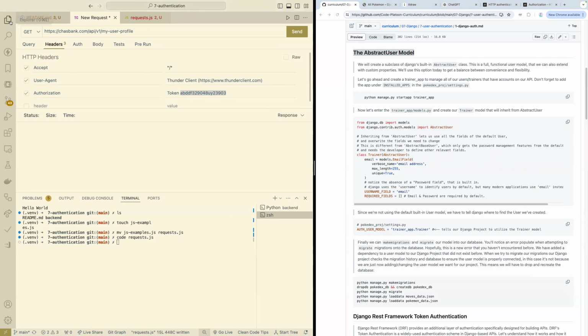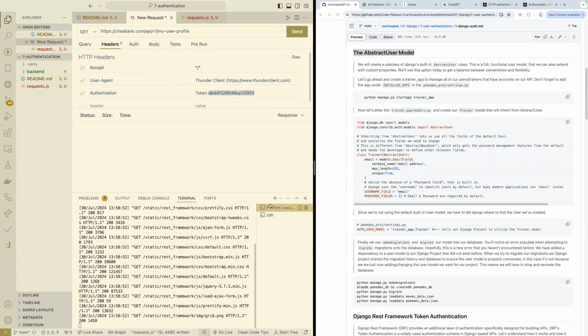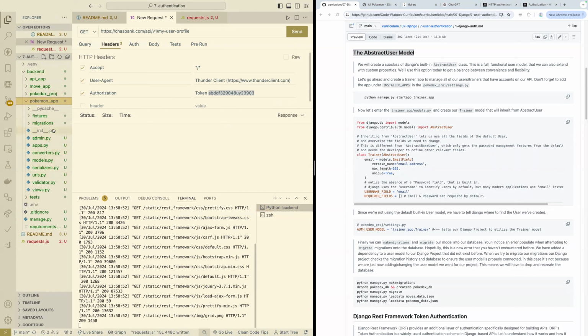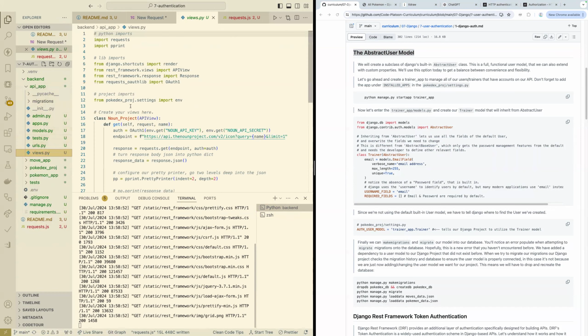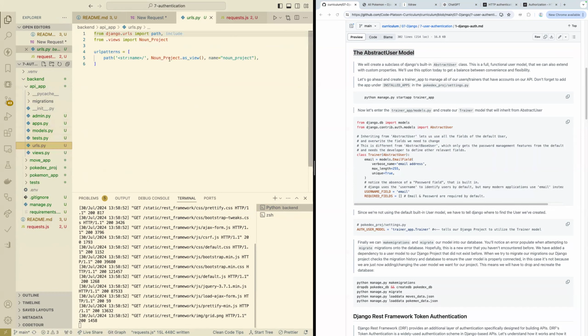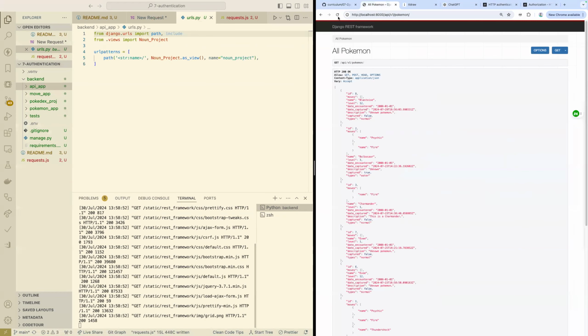And that's where a lot of the authentication logic that Django has for us is, that we're going to use. And as always, we have our Pokemon app that we've been building up over the last several days here, right? With the Pokemon models and the move models and the API endpoints from yesterday, and from the other day for the noun project. And we have over here our endpoint to view all our Pokemon. And this is what we're going to now